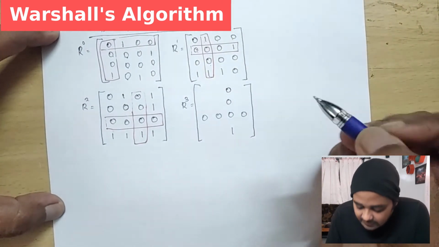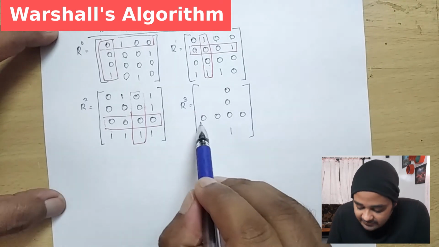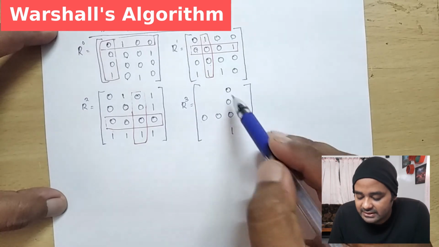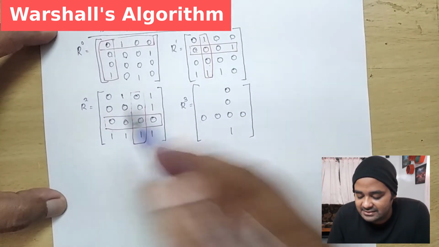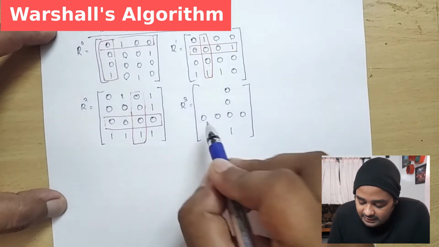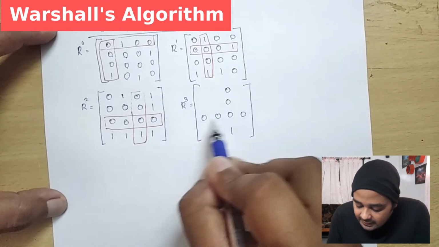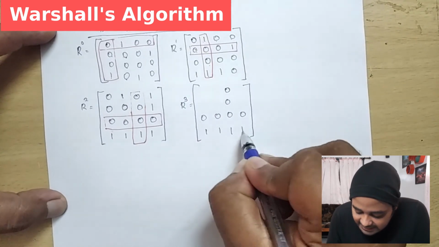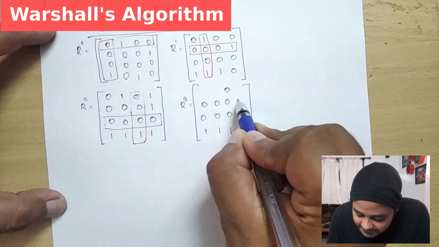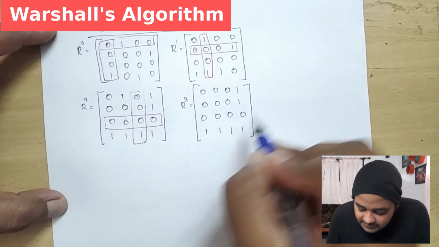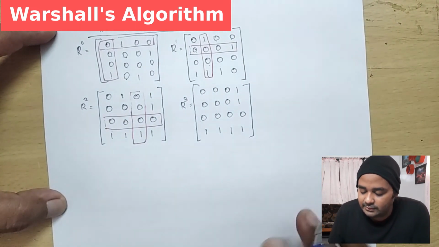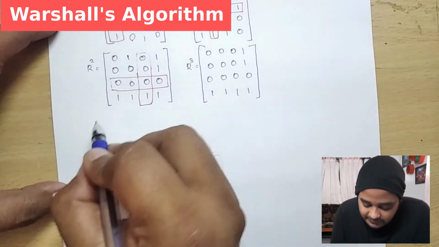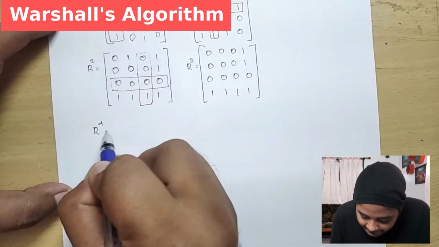Whenever you identify that a single row, the entire row, or an entire column is going to be zeros, your previous value will not change. Here the entire row has become 0, so the previous value will not change, so I can just write the previous value as such. Here the entire row is 0, so there is no need for you to do it. Whenever you are having a 1, your values will alter, otherwise we just place them as such, right?